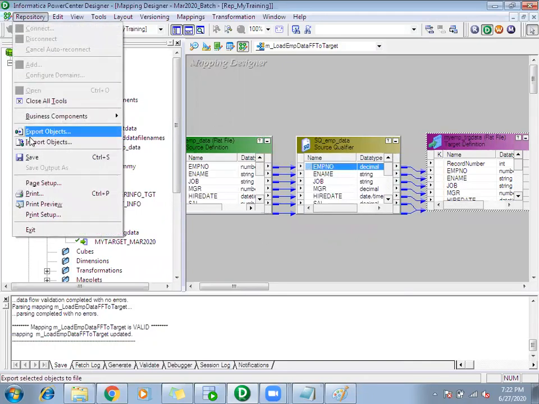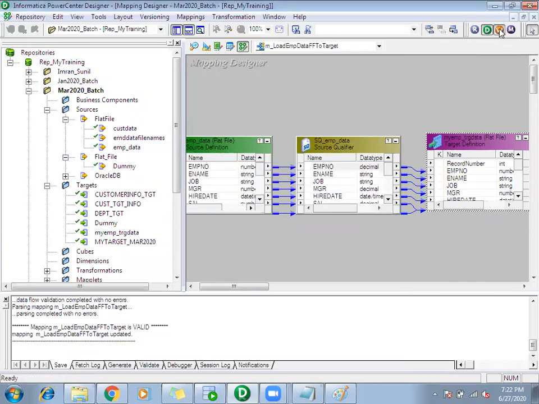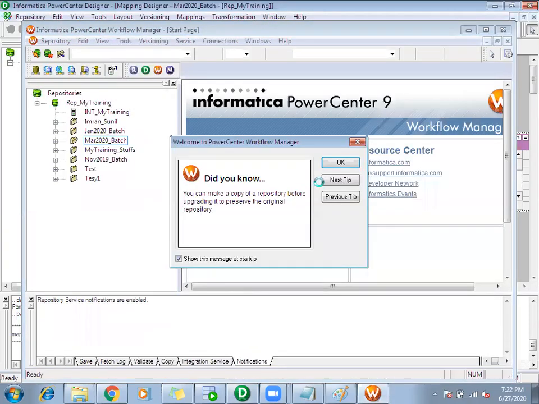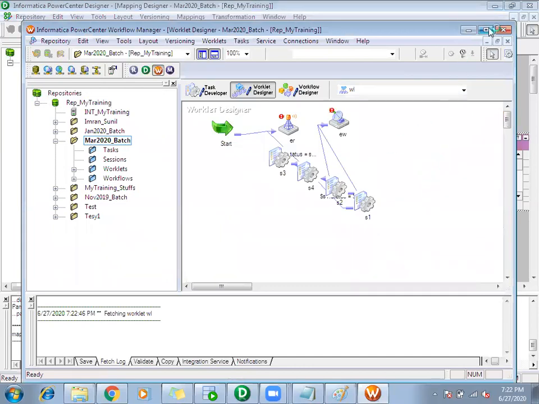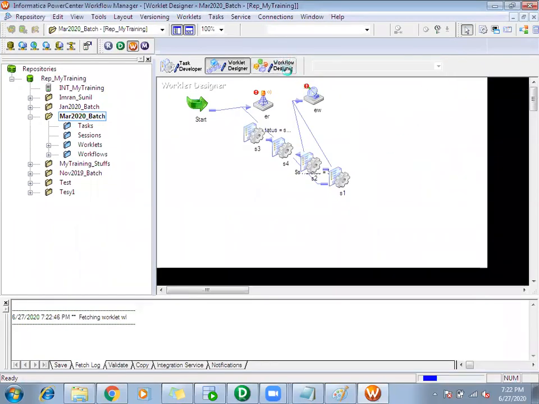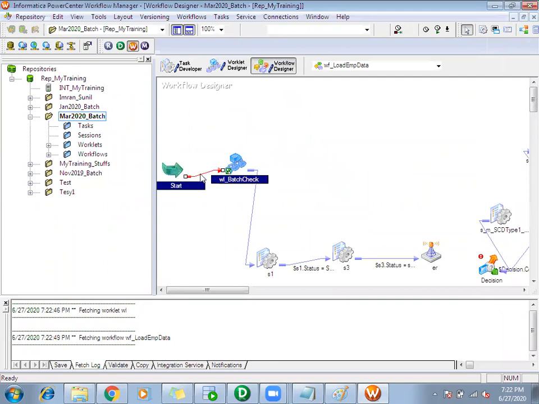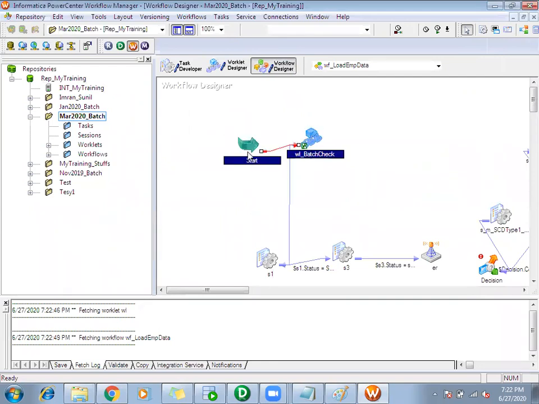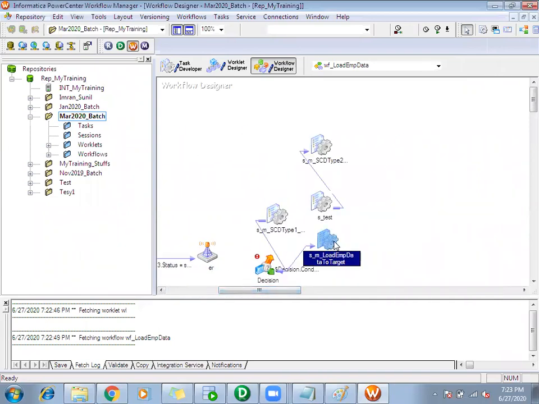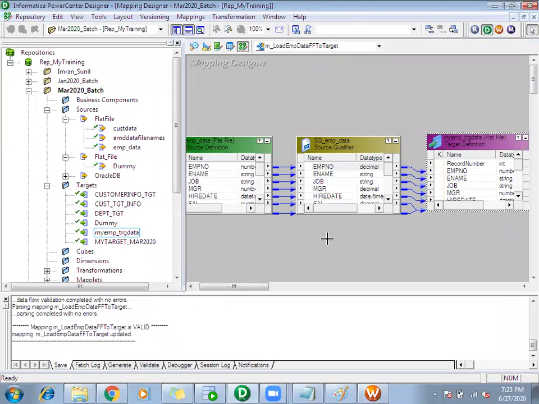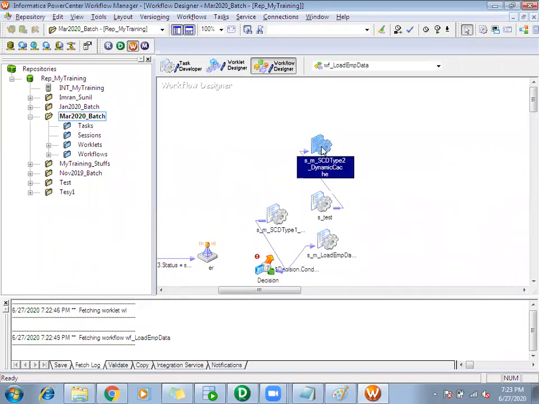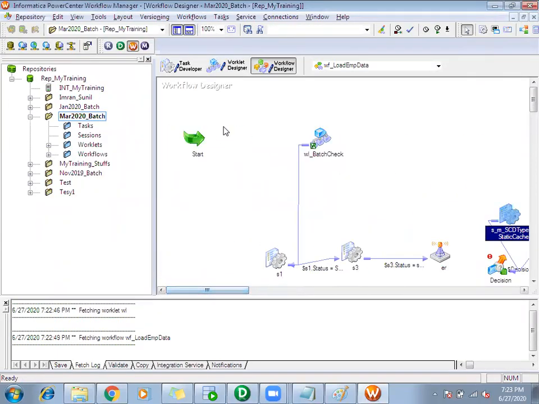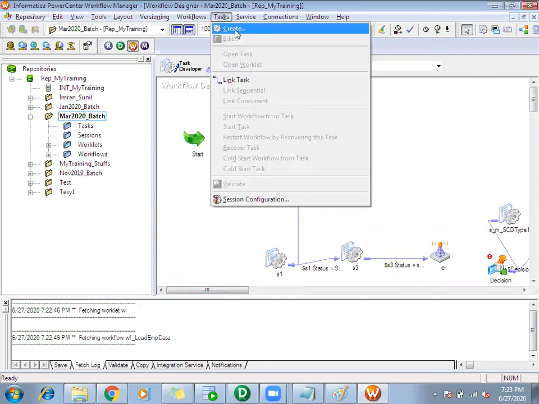Okay, this is my mapping. To run it, we'll go to our workflow. Let me create a new session.